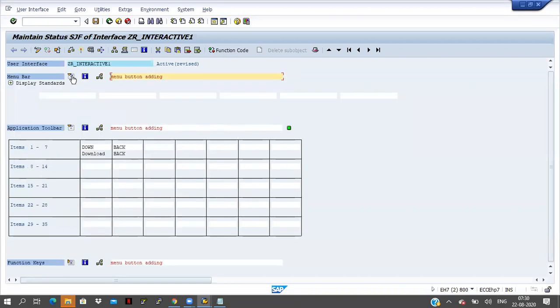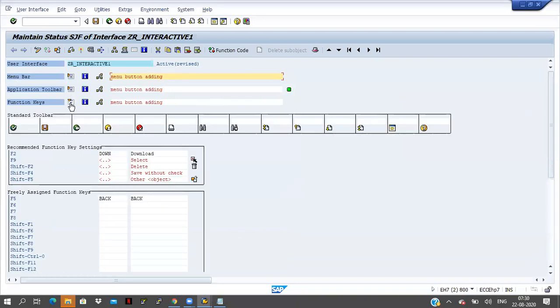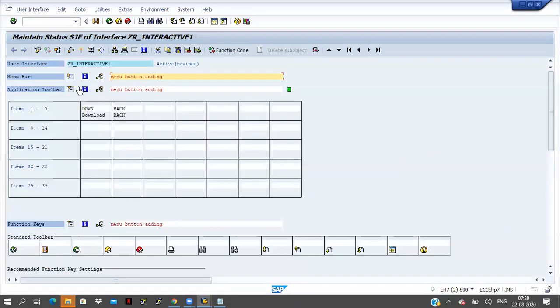Otherwise, something like this is coming here, right? Here back is coming. I will remove this one because the standard one is also available.